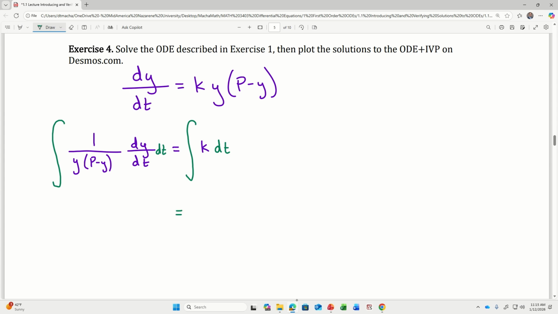On the right side, what's the antiderivative of a constant k with respect to t? Yeah. Call it kt plus c. Call it c1. There might be another one showing up. On the left side,